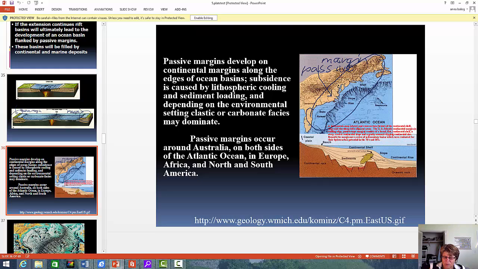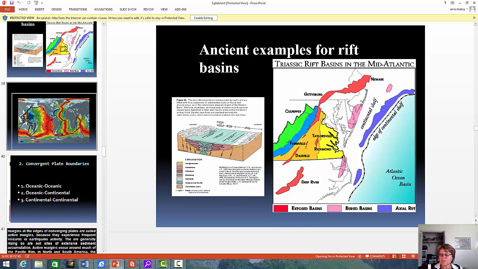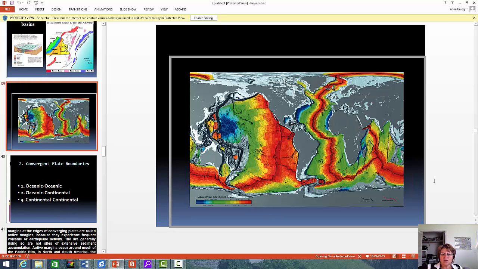Understand what is a passive margin, what kind of sediment you're going to have on a passive margin. Usually when you have a passive margin, that's given that it's on a big continent, so you're always going to have quartz sandstone on the passive margin if it's in mid-latitude, and if it's in the tropics, it's going to be carbonate, of course. Ancient examples, you should know the Triassic rift basins, and this just shows you the age